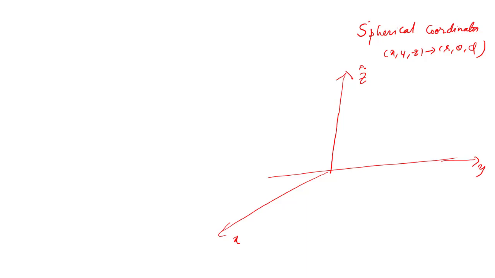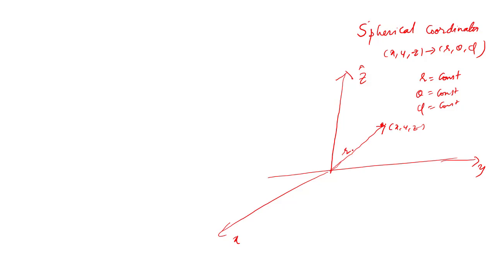Instead of these flat surfaces like the xy plane, yz plane, or xz plane, now we have three different surfaces, where instead of x being constant, we have r being constant, or theta being constant, or phi being constant. If I pick any point in general, x, y, z, I can have this direction